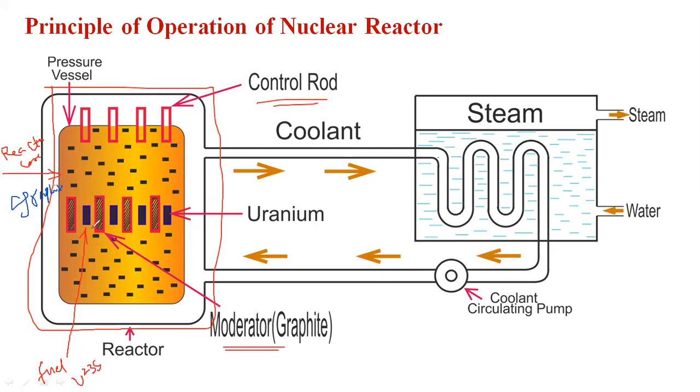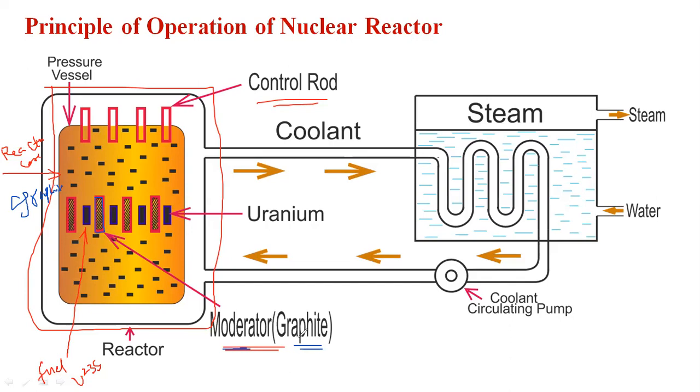Here the fuel cost is very high, and the power generation is also maximum. With a little bit of fuel, we can generate a maximum amount of power. For slowing the neutrons, they use a moderator. The moderator material is graphite, which absorbs the fission products and releases slow neutrons. Due to that, the efficiency is improved, and fuel can be saved by 20 to 25%.